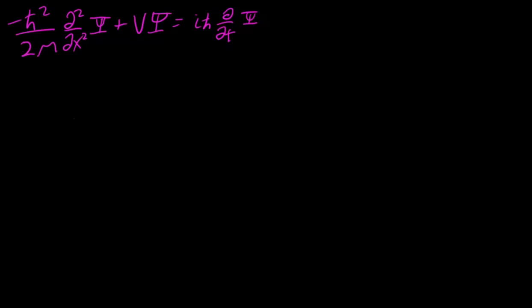Right? And now we can show, because of how derivative operators work, that if I have two solutions of this equation, psi 1, psi 2, right? If both of these solve